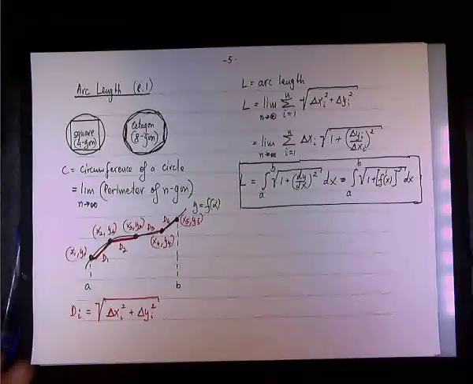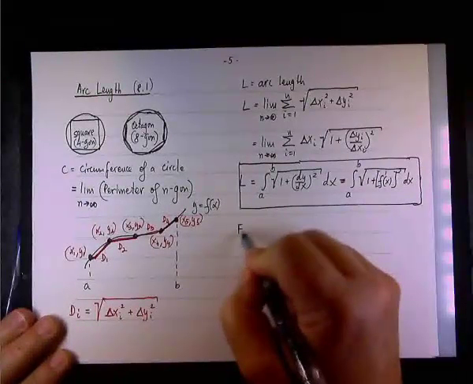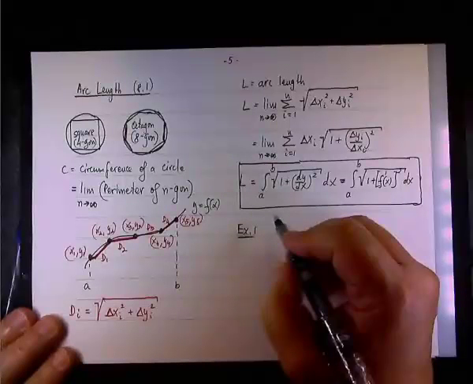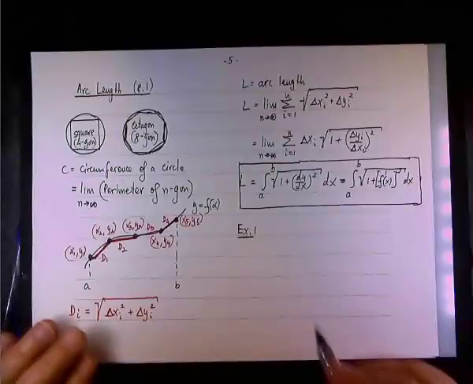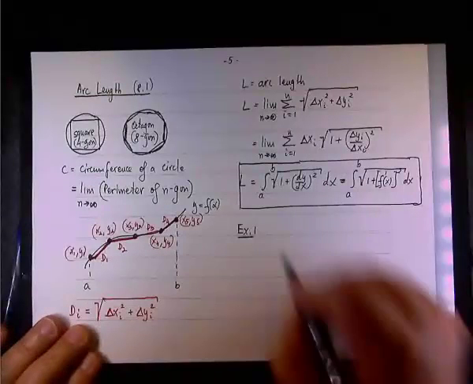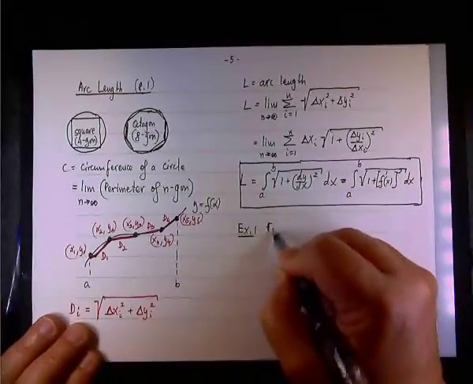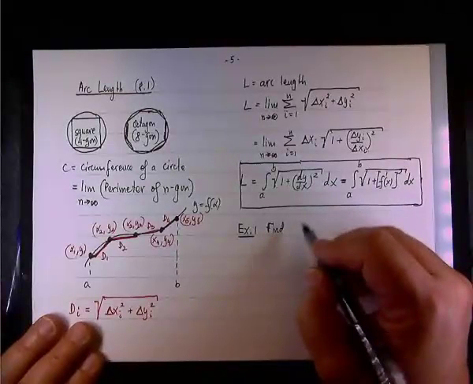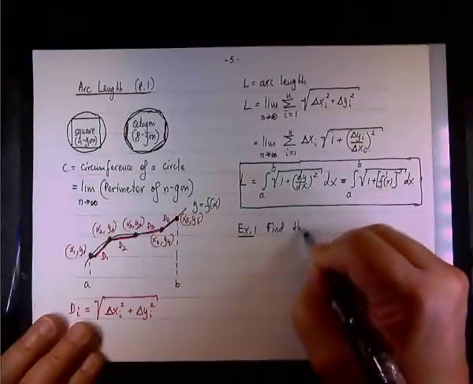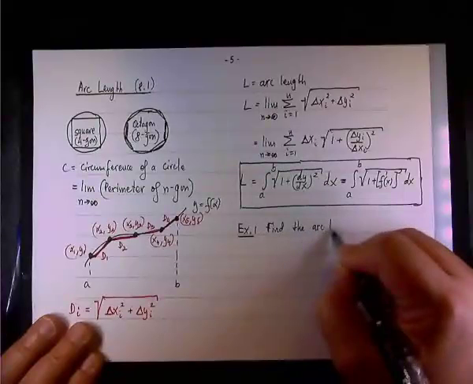In this example, the first example in this topic, we need to calculate the length of a curve, and we have 5 minutes to do so. Let's find the length of the curve defined by f of x equals 1/2 (e to the x plus e to the negative x). Okay, so find the arc length